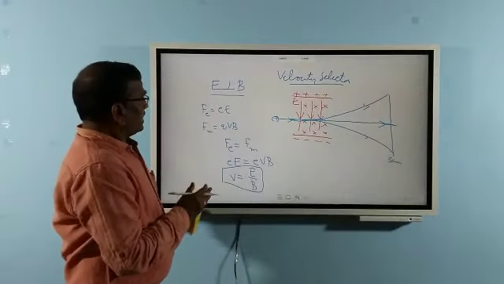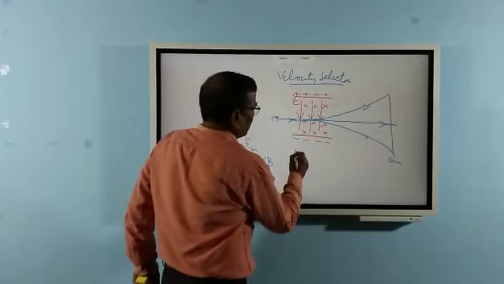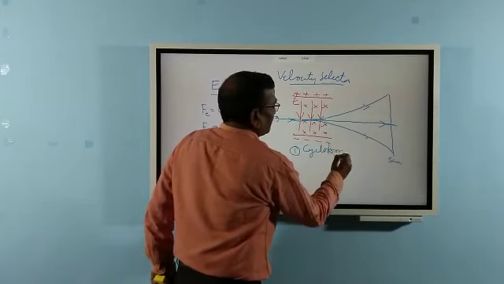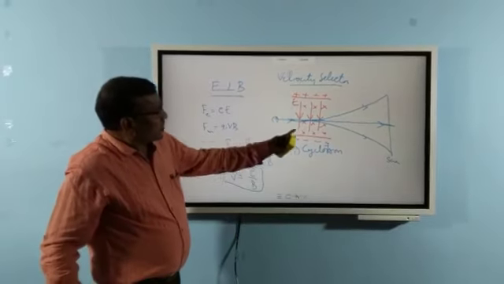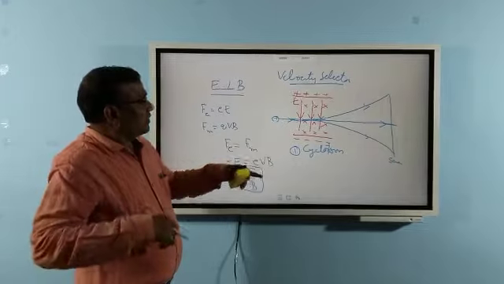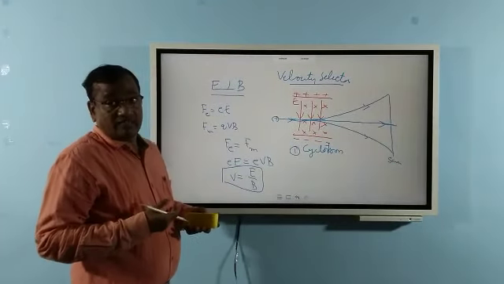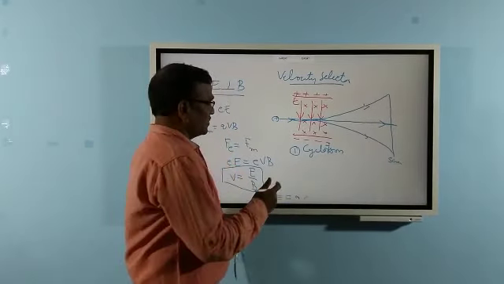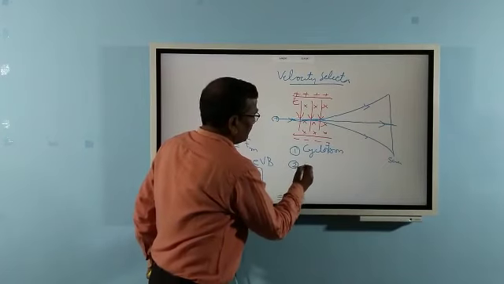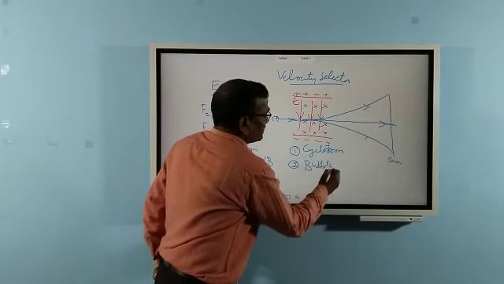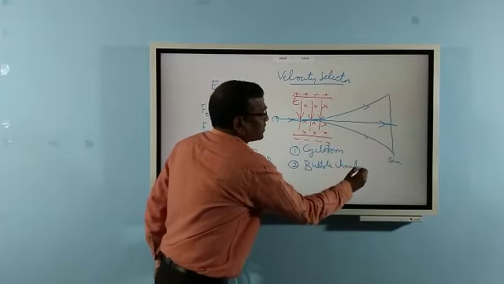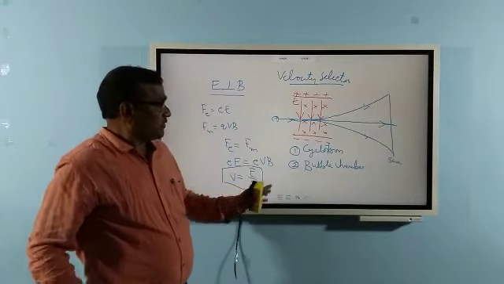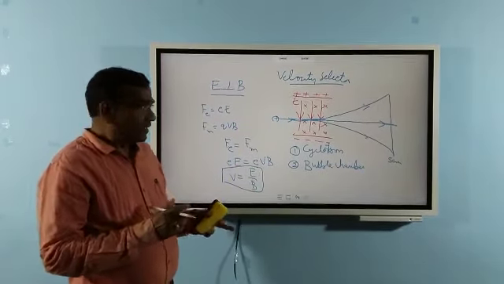This Lorentz force has so many applications. It is used in the cyclotron, where we release the charged particle by applying these fields, so that the particle gets accelerated to very high energy levels. That high energy is used in the disintegration of the nucleus. The second one is the bubble chamber. In this device also we use the Lorentz force by applying fields perpendicular to each other. We release the charged particle so that we can trace the elementary particles found in the nucleus.